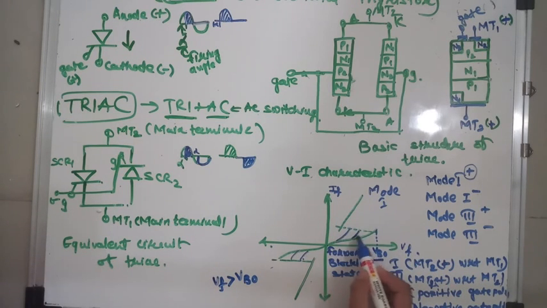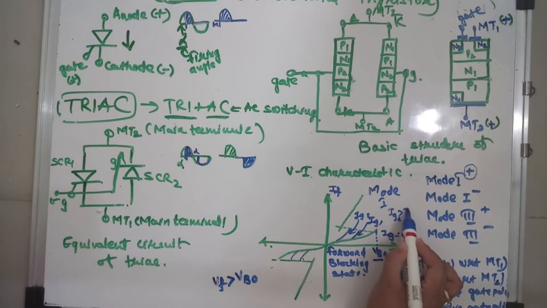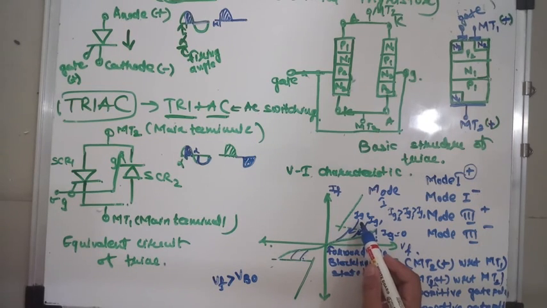And now what is this one? This is the gate current. If I say this is IG1, this is IG2, and here at the VBO the gate current is absent, meaning there is no gate current, IG equal to 0. So see here, IG2 is always greater than IG1, which is always greater than IG0. Means what? When you give a larger value of gate current, the triggering time is less, so your device triggers earlier if the value of the gate current is high.